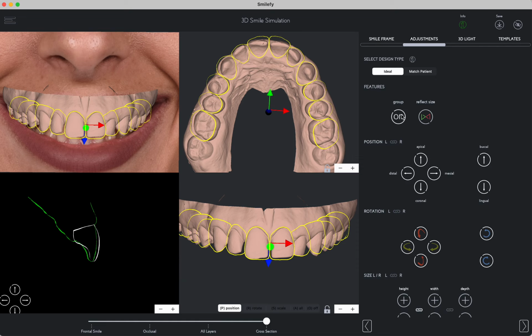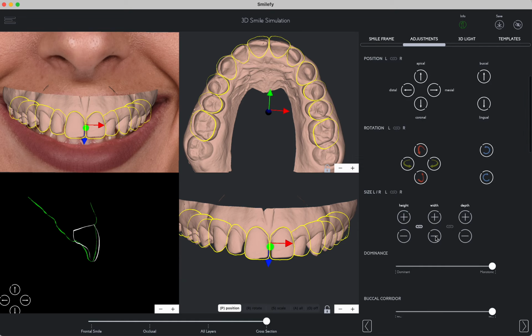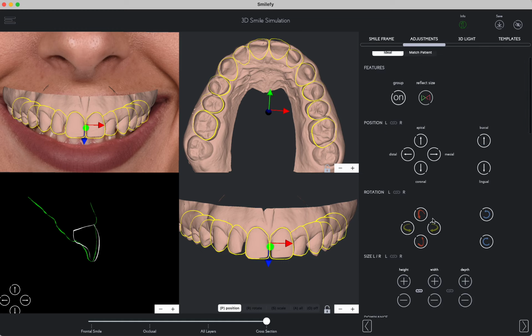We do have the group, so we can group all teeth, and now we have the option to reduce the width and to make some very, very quick adjustments. We can work with the height, the depth, of course, and then we have the option to rotate. If you want to move the dental midline to the facial midline, we have the option to tilt